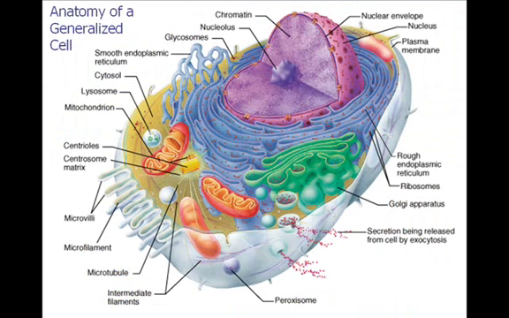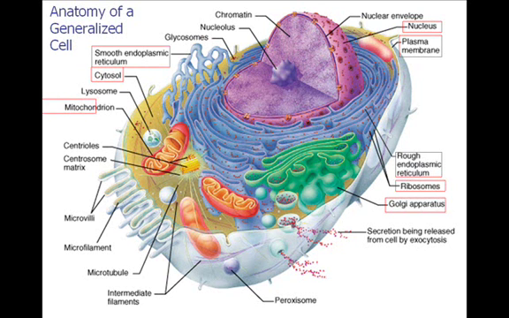I'll look at the anatomy of a typical, generalized cell, and we're going to go through all these things. We'll look at the nucleus, the cytosol, or the soup of the cell, the plasma membrane, the part that surrounds the cell, the rough endoplasmic reticulum, which is sort of an extension of the nucleus, the smooth endoplasmic reticulum, which is similar but doesn't undergo protein synthesis, the ribosomes, which sit on the endoplasmic reticulum and make protein,